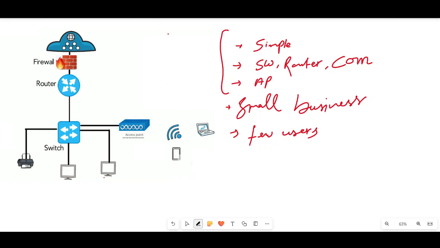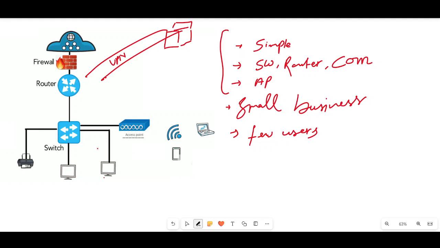Suppose there is an office, and from home you can access it with the help of a VPN connection. Clear?